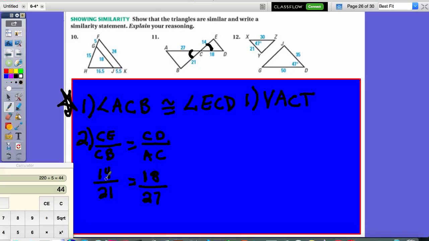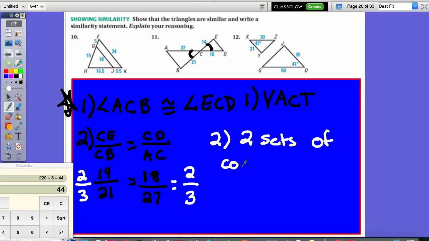14 and 21 are both divisible by 7. 14 divided by 7 is 2. 21 divided by 7 is 3. 18 and 27 are both divisible by 9. 18 divided by 9 is 2. 27 divided by 9 is 3. So these are both simplified to 2/3. That means I have 2 sets of corresponding side ratios. Actually, I shouldn't have said corresponding side length ratios. Corresponding side ratios